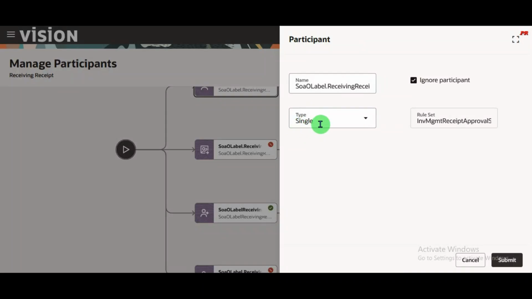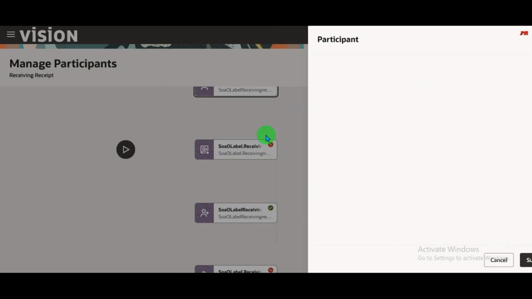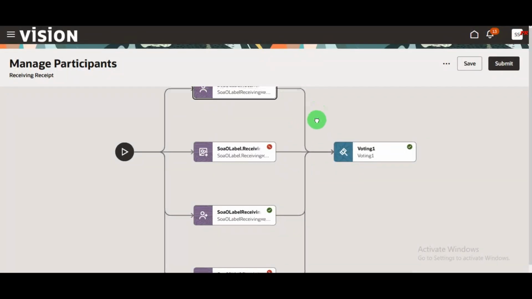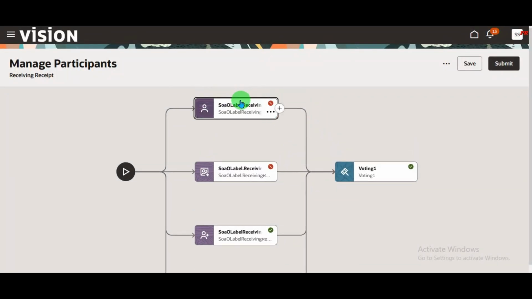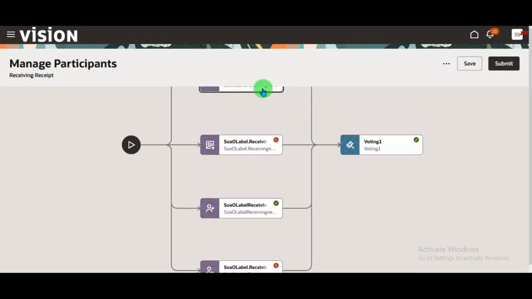It will show whether it is a single approval. If it is checked, it is active; if it is unchecked, it is not active. When I click on this, it will show active or inactive. This button indicates it is inactive, it is a single approval,